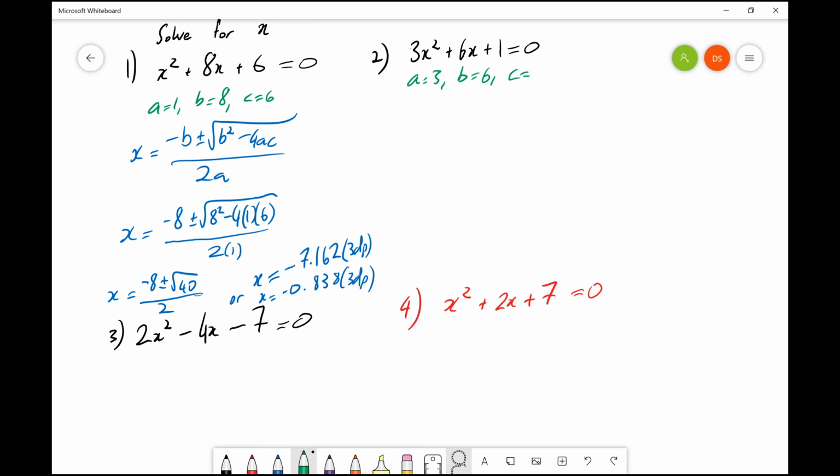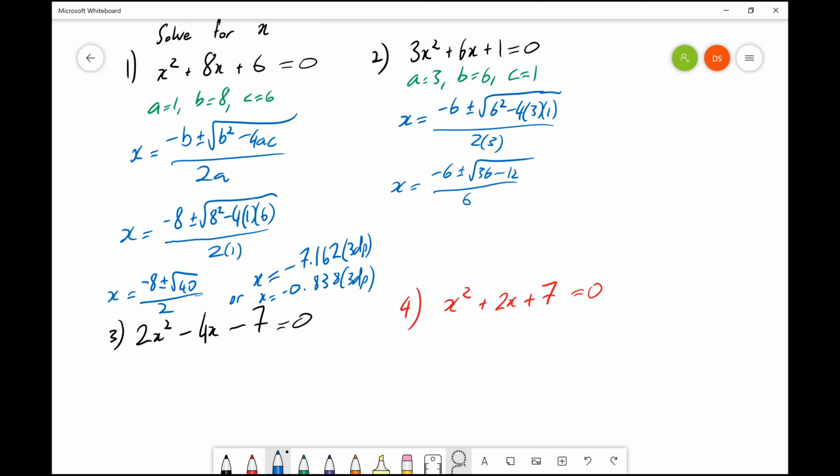And C is 1. Okay, and then what I'm going to do is I've got the formula over here, so I'm just going to use it. So I'm going to go x equals negative 6 plus or minus the square root of 6 squared minus 4 times 3 times 1 all over 2 times 3. Okay, just going to simplify over here. And I get negative 6 plus or minus the square root of 36 minus 12